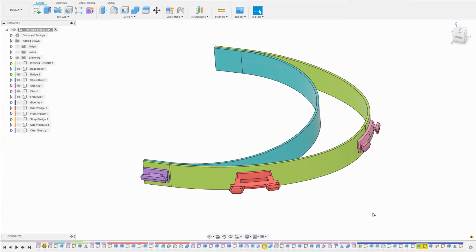My idea was to make a kit that included some strips of plastic, as well as some injection molded pieces, as well as some gluing jigs that people could 3D print. And the idea is that you would glue the strips together with plastic cement, the clear type that basically dissolves the plastic and welds them together. And then you would glue these pieces on. Now, I figured I could make kits, probably 50 kits an hour, to be able to produce these. I could get other people to create the strips of plastic, and we could federate this and